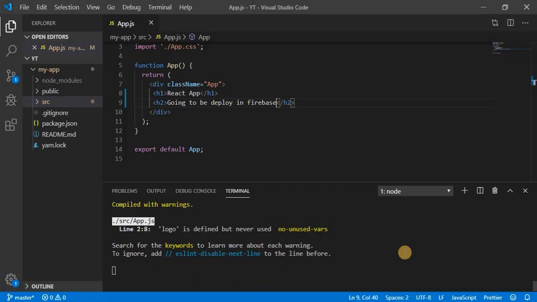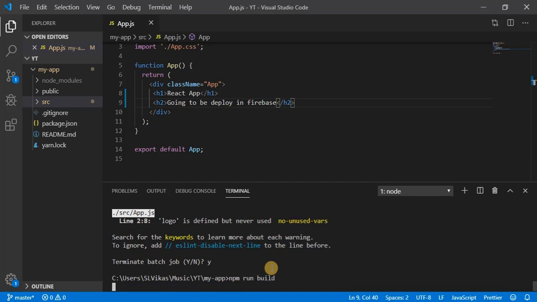Let's go to our application and stop it first. So Control C, yeah. Now before deploying we need to build. So please write here npm run build.